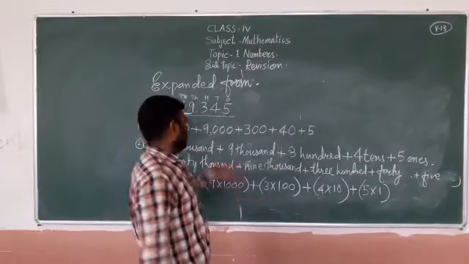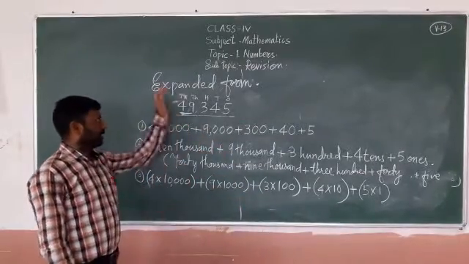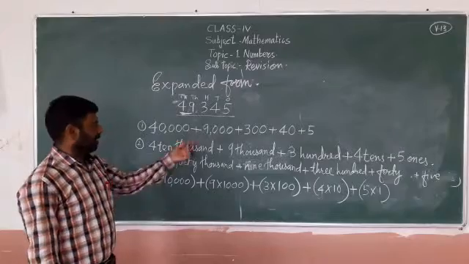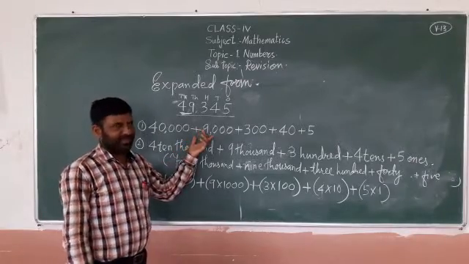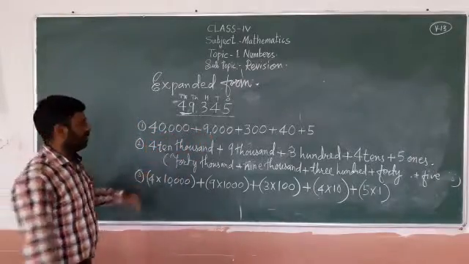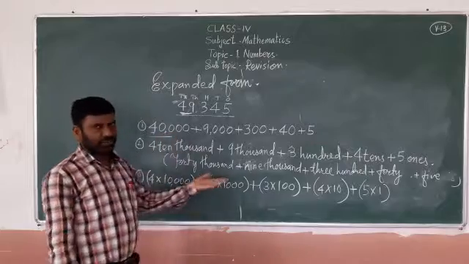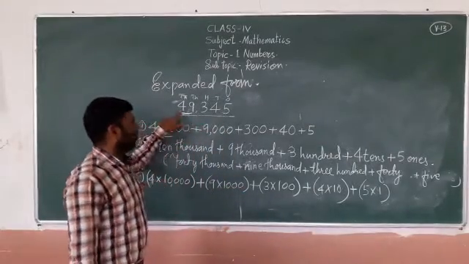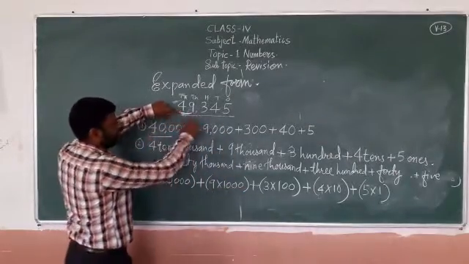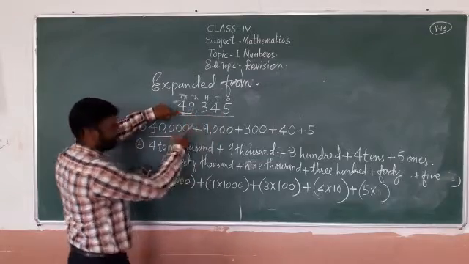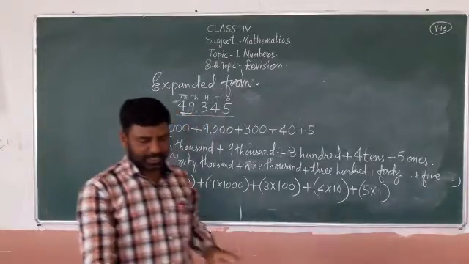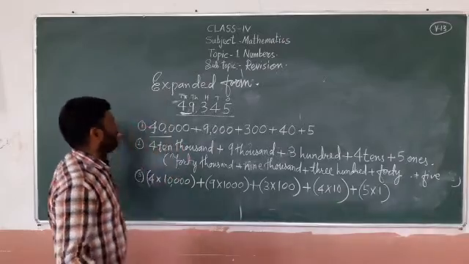You can use any method to write the expanded form. Right? It is the easiest method to write this one, so you can prefer this one. Right? It's very easy. I told you a shortcut method: write the number, count the digits, and put that many zeros. Simple. Understand? Any problem regarding this?